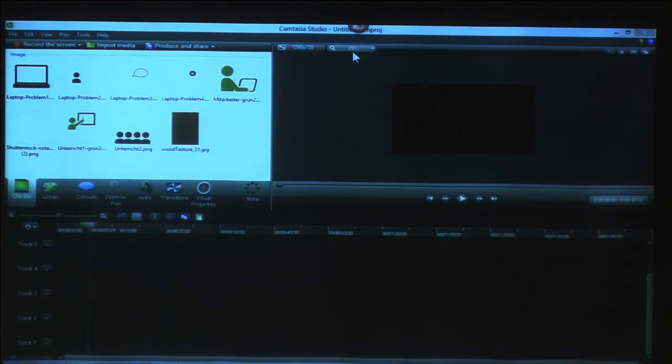So what I have prepared to do this animation is a background. I always start with a background. That's pretty straightforward. So I have my wooden background, and I just size that up to be in the background. I don't really care about that. I just want to have that as my bottom layer. And then I have